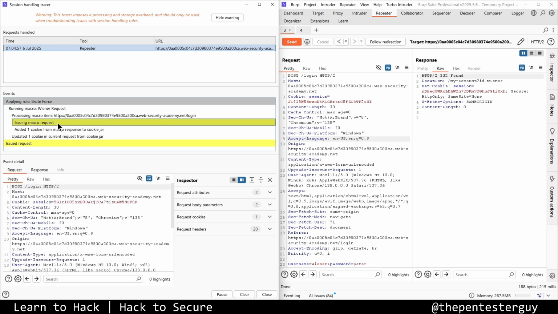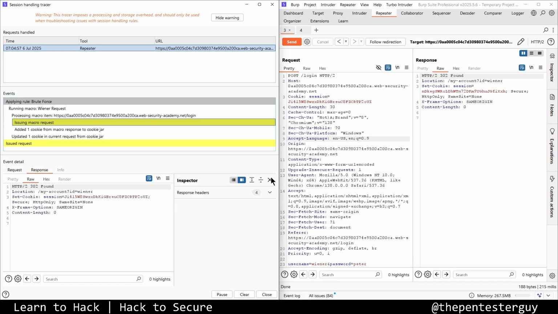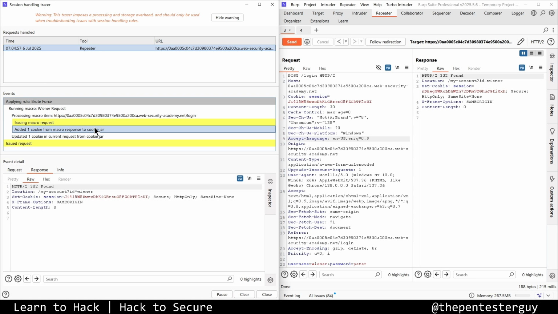Once the macro request is being sent, we receive a response for the same. And now you see that the new session ID is ending with OUI. The next step is the new session ID is added into the cookie jar and the cookie jar is